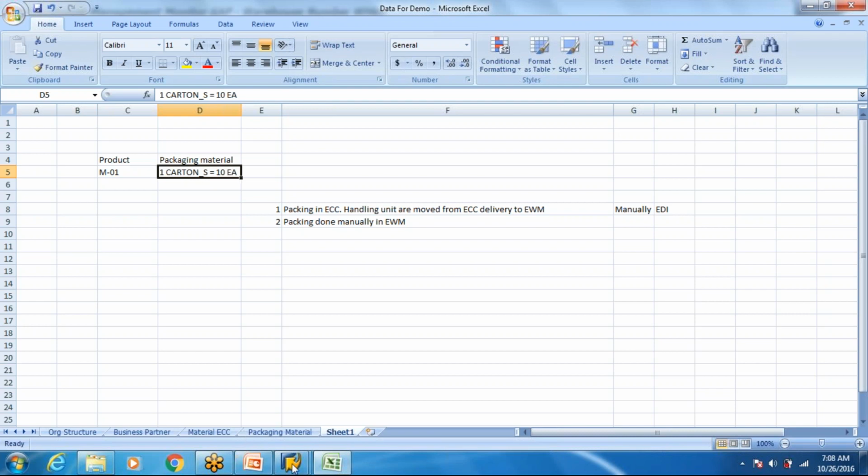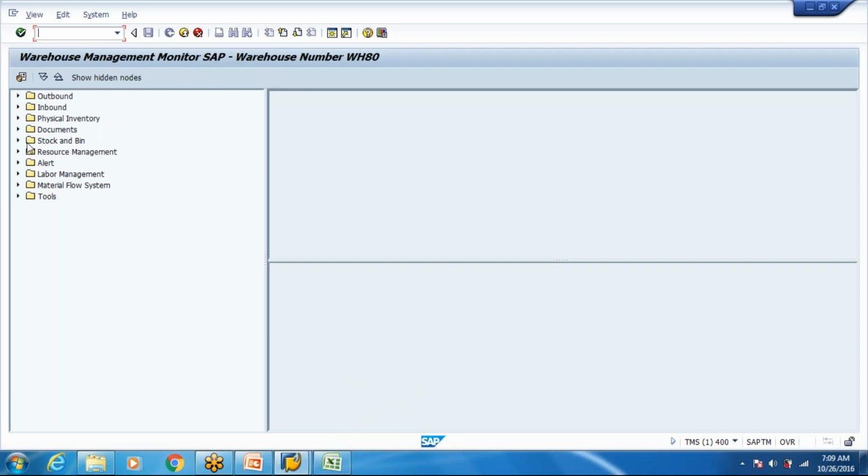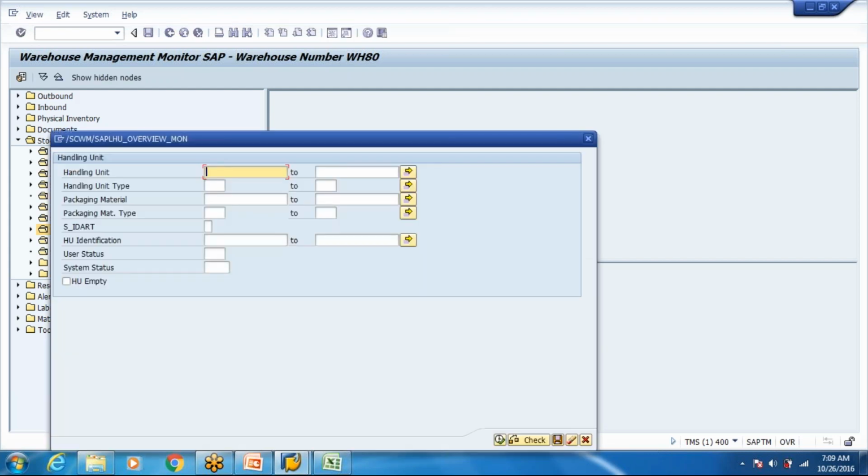In ECC when we were packing, we packed 10, and when packing in EWM, we packed 25.